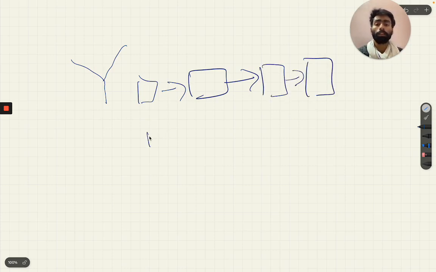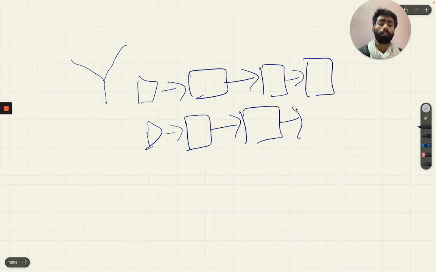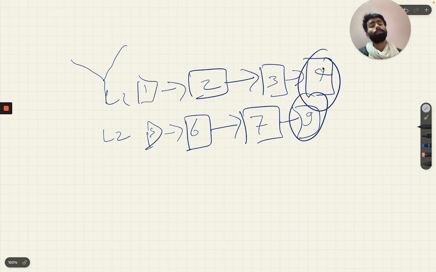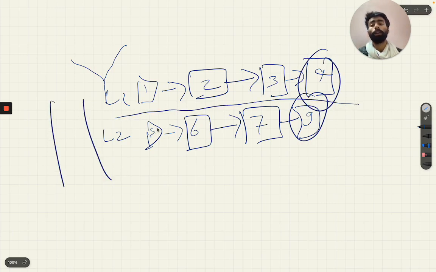If the tail of each linked list is same, then it has a common point, else it doesn't. Let's say L1 is 1, 2, 3, 4, and L2 is 5, 6, 7, 9. If the tail value is different, then it will never intersect, it will go parallel.